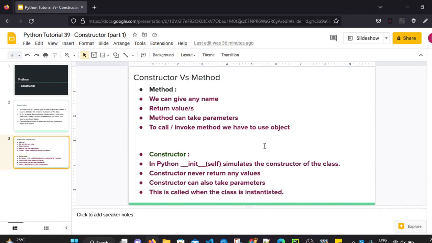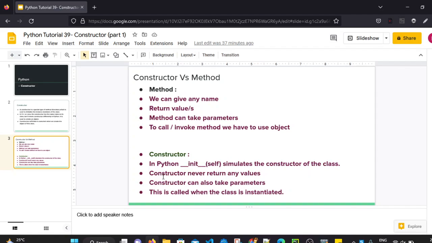It simulates the constructor of the class. So we cannot use any name just as we have used for a method. For constructor creation we have to use __init__(self). So this syntax will define the constructor of the class.